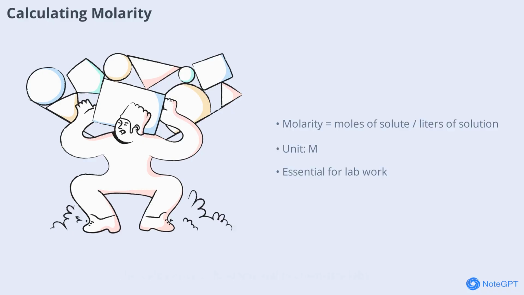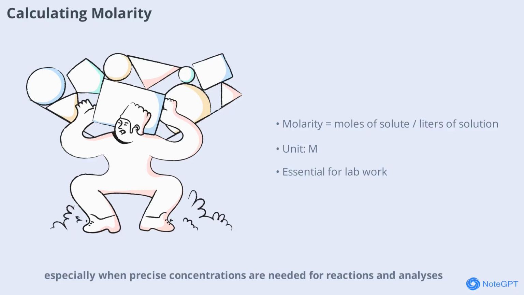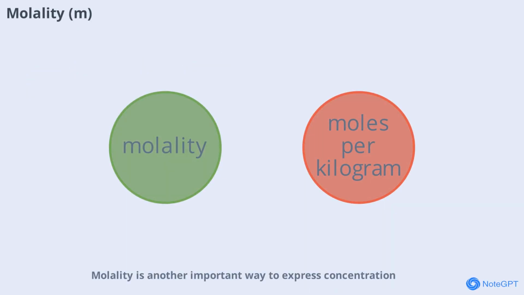molarity is 1 M. This calculation is fundamental in chemistry labs, especially when precise concentrations are needed for reactions and analyses. Molality is another important way to express concentration. It is defined as the number of moles of solute per kilogram of solvent. The unit for molality is moles per kilogram, written as m. Unlike molarity, molality does not depend on the volume of the solution, making it especially useful when temperature changes are